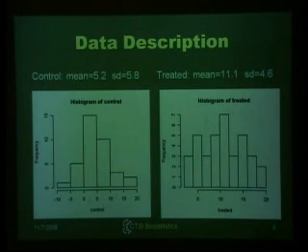So I'm giving you a little bit more about the data now. This is what the raw data, the 36 numbers on the left, the histogram looks like that, and 36 numbers on the right, the histogram looks like that. And this is what would happen. See, when you have data, it's very tempting to immediately go in and start playing with it and put it in Excel and take a look at it, which is fine, okay? But to go from data to decisions, we're going to need lots of intermediate pieces, and I want to bring those out. So if you look at the mean on the left-hand side, it is 5.2, on the right it's